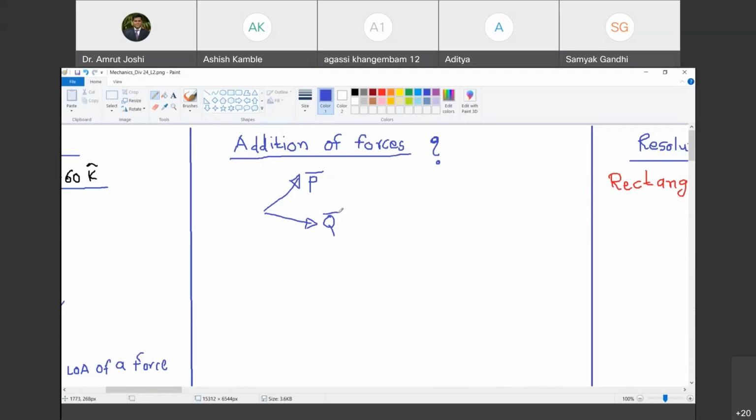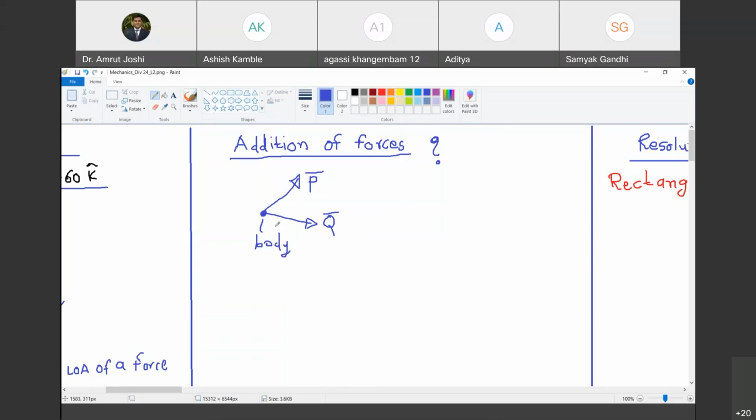Now, first of all, tell me, where is the body? Body किधर है इसमें? वो उनका tail जिस point पे attach करो. Yes. So at the point of intersection of these two forces, this is the body, and I have idealized the body as a particle. Do you agree with me? Yes, sir. So the shape and size of the body has been shrunk. It has been idealized to be a point. It is as if a particle. Are you with me? Yes, sir.